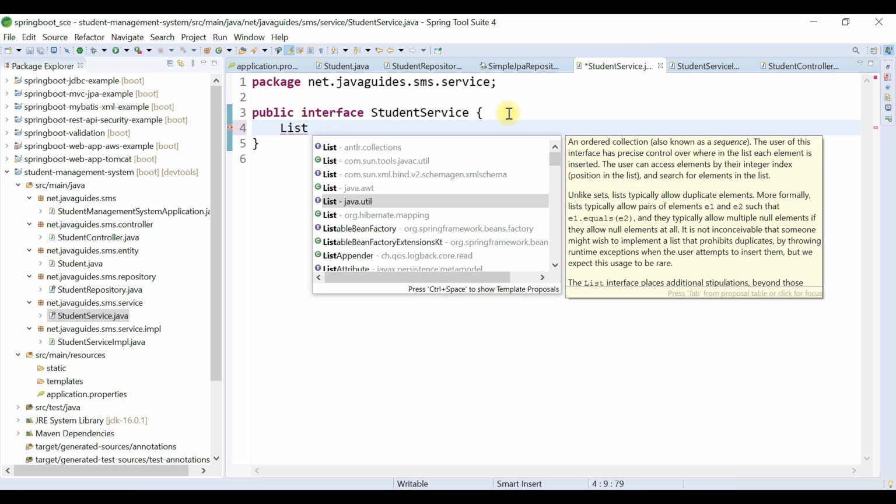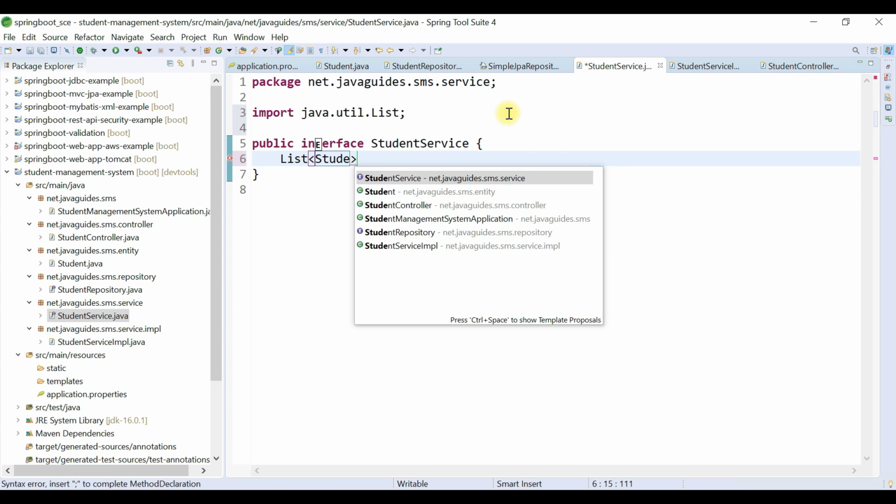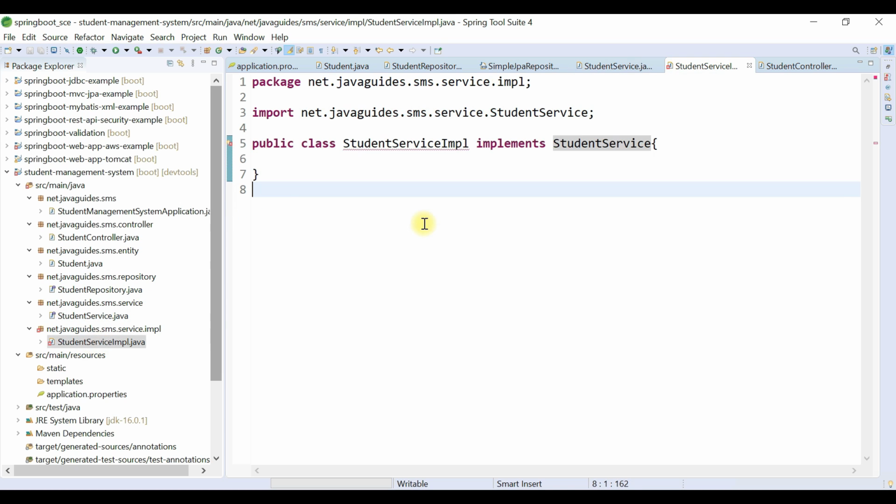So make sure that you choose List from the java.util package, and the type is Student, and the method name is getAllStudents.